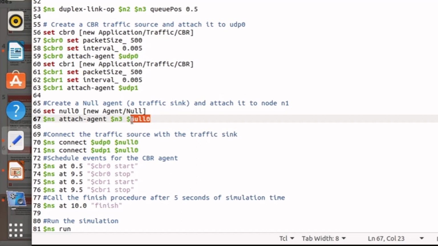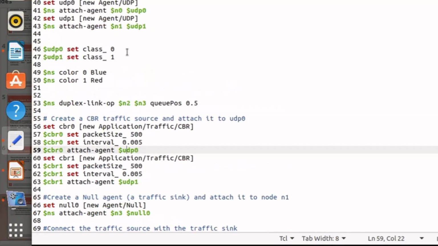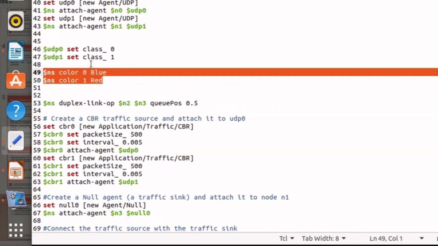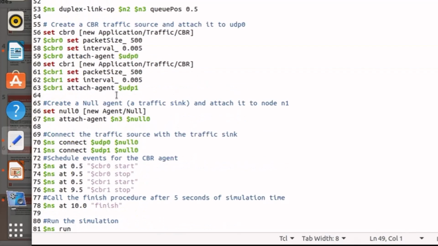The traffic type is CBR and the transport layer protocol is UDP. Now, we have assigned different packet colors, blue and red, and we have created a null at node 3. So node 3 is acting as a sink now.